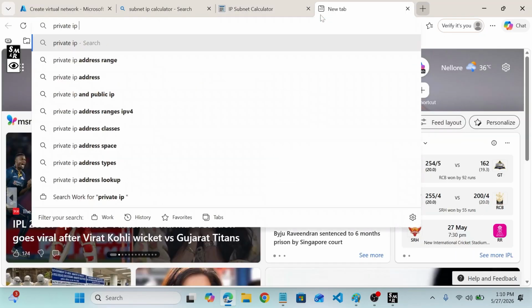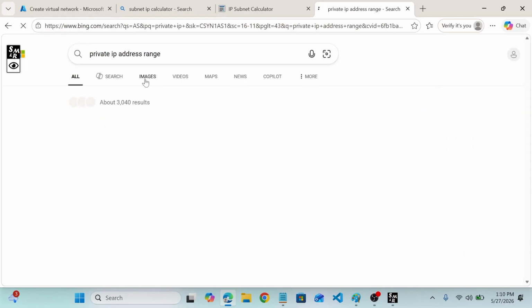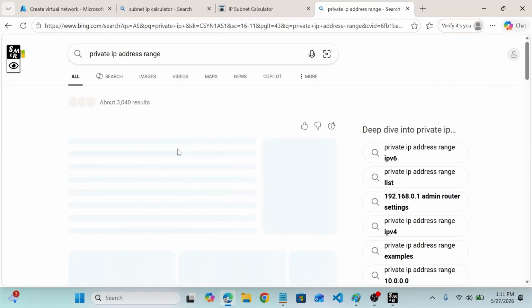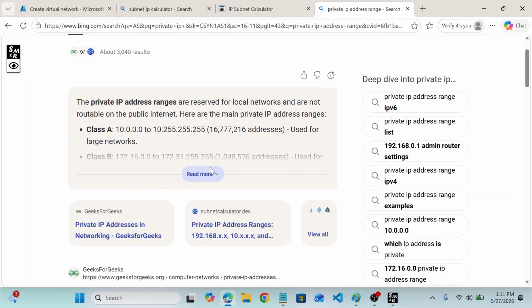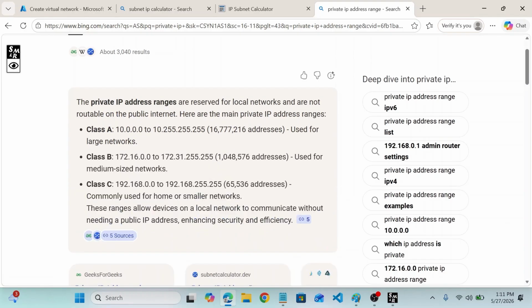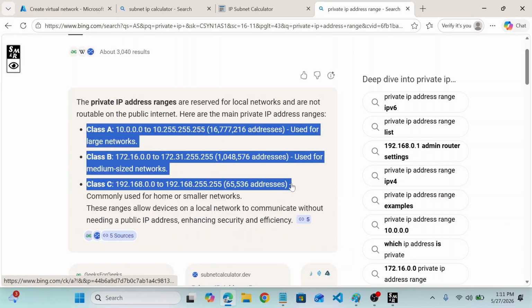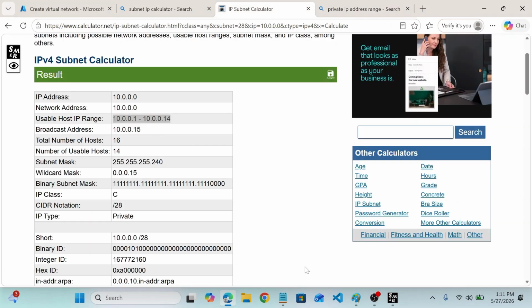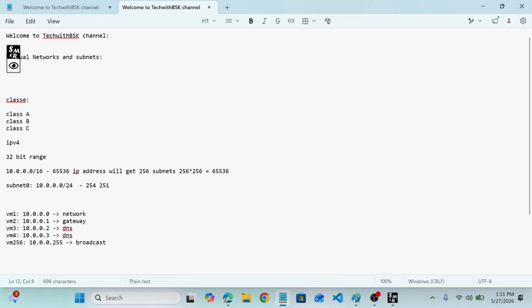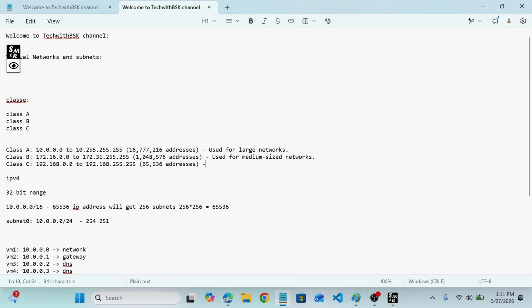Private IP address range. Okay, let me take this one, and here I can provide. You can remove this part, and you can remove this part as well, and you can remove this part as well. Okay, you can see here the private IP address range will be 10.0.0.0